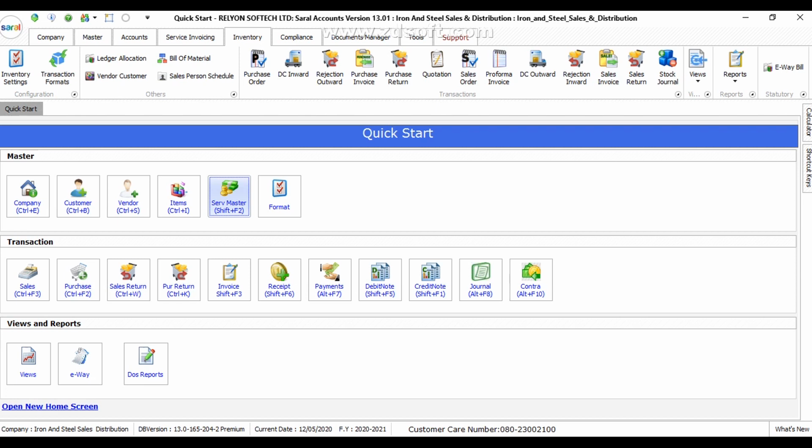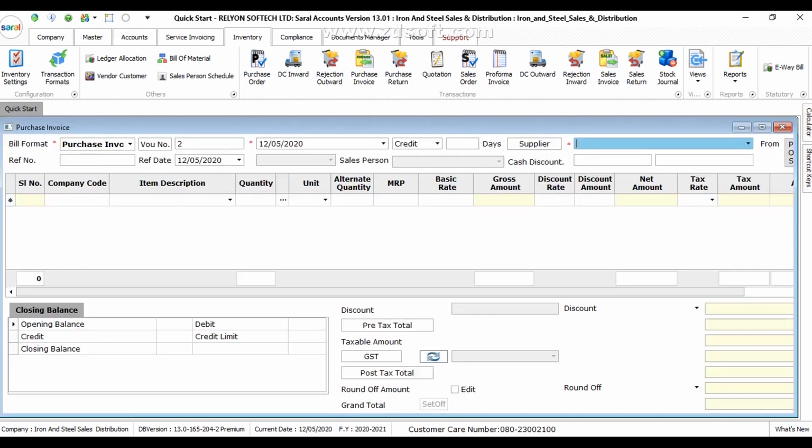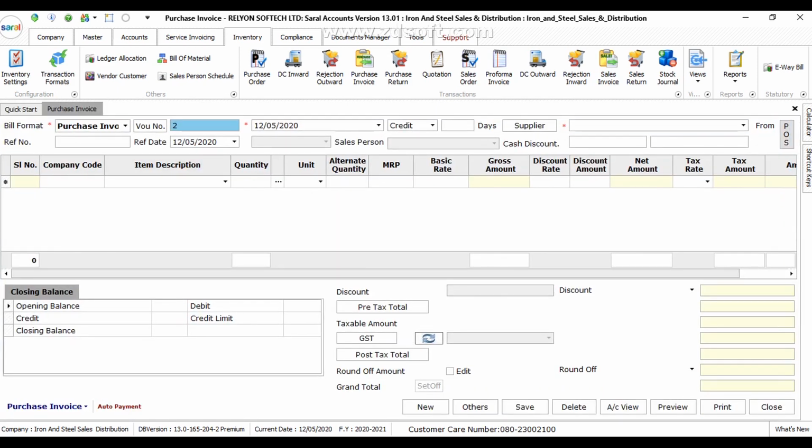Now we will see how transactions work. We will first do a purchase transaction.